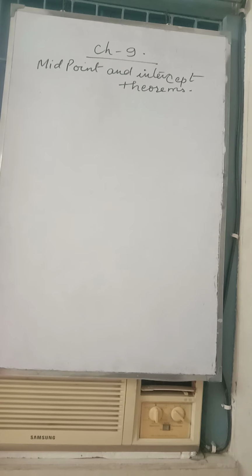We have completed mean, median and frequency polygon. Next chapter we are going to read, that is midpoint theorem and intercept theorem. Now what does this theorem say? This midpoint theorem is related with the triangle, which says